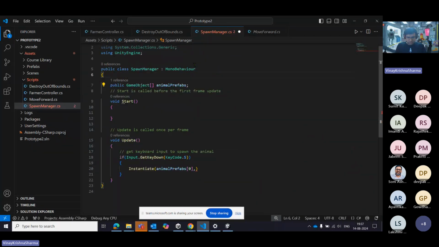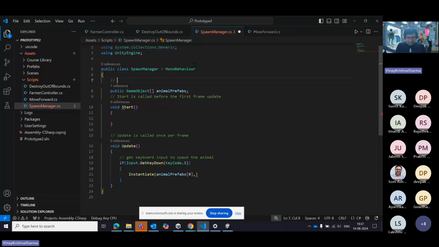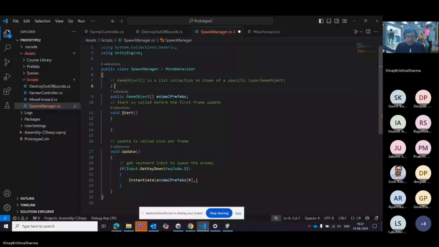A list is basically a collection of items of a specific type, and the type is GameObject in this case. And to access individual items of the list,